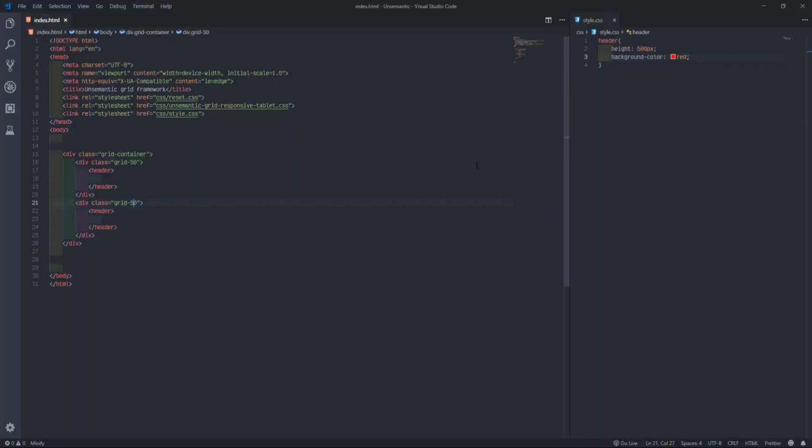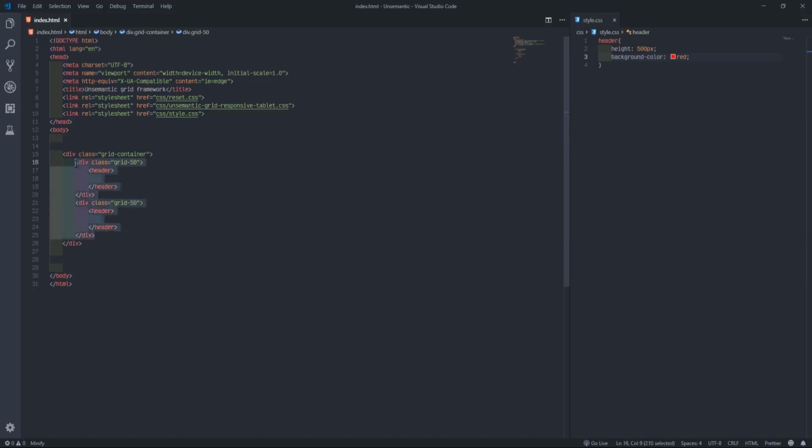What you need to understand is that no matter how you specify the grids, as far as they're inside this grid container, all of them together must add up to 100. You see, 50 plus 50 is 100.